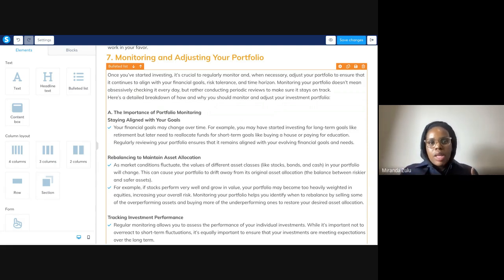Like for me, I'm building an investment portfolio, but I'm no longer thinking about myself. I'm thinking about my son. I don't want him to start from zero. So I want him to inherit, and have generational wealth passed down to him. So whether that's shares, investments, or property, whatever that looks like, right? But I also need to think about myself in the picture. What if I decide, okay, I've built a sizable investment portfolio and I want to retire early? Investments can give me that flexibility. I'm going to be able to do that without tapping into my retirement funds or cashing out my retirement annuity. I can live off my returns from my investments.